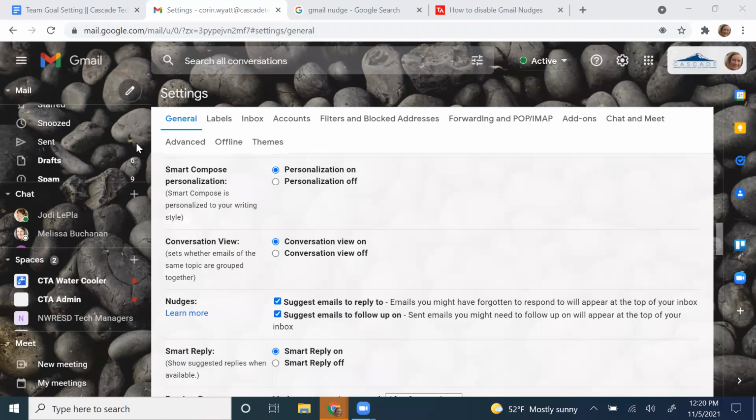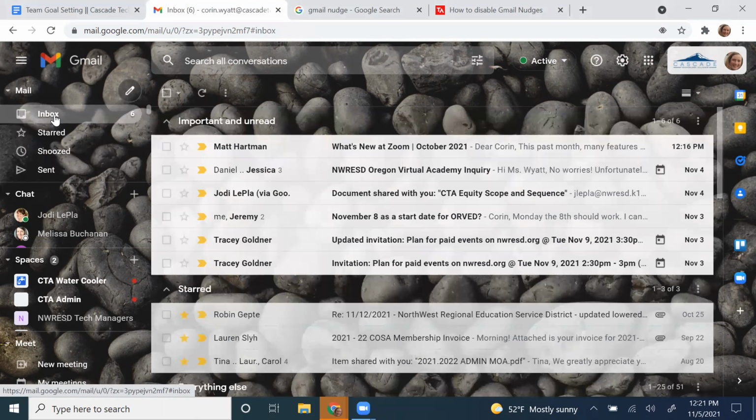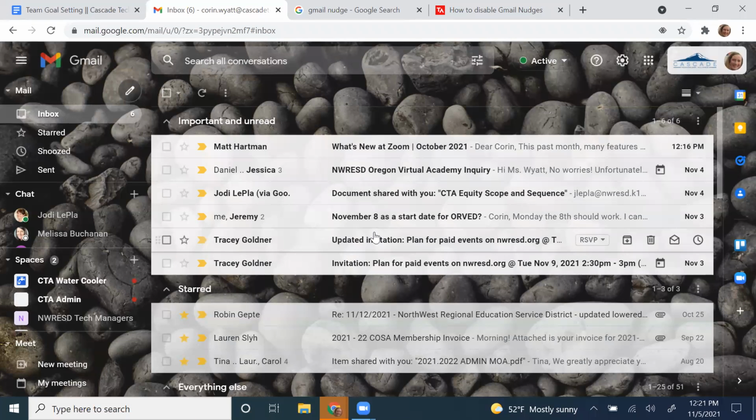They appear in your inbox just as a little, you'll go, wait a minute, why is this message one that I sent? Why is it here in my inbox? And you'll see to the right of the message, it says nudge. And so it tells you, hey, you've sent this message 3 days ago or 5 days ago, and this person hasn't responded. Do you want to ping them again? So it's a really nice thing. I really do want it off my task list, but I need to be able to follow up and make sure that there's a response generated. So those are all really nice features to have.